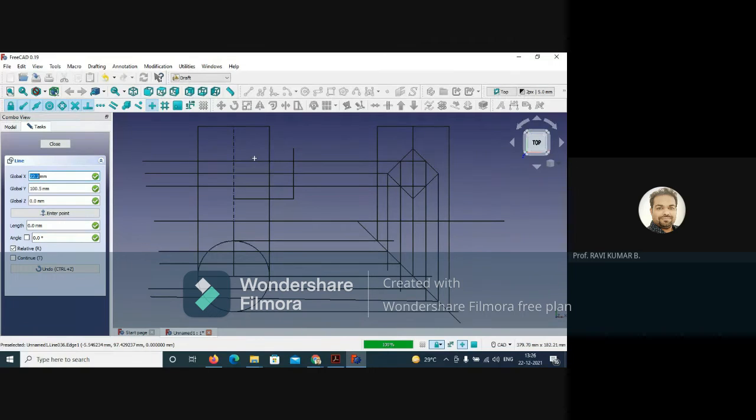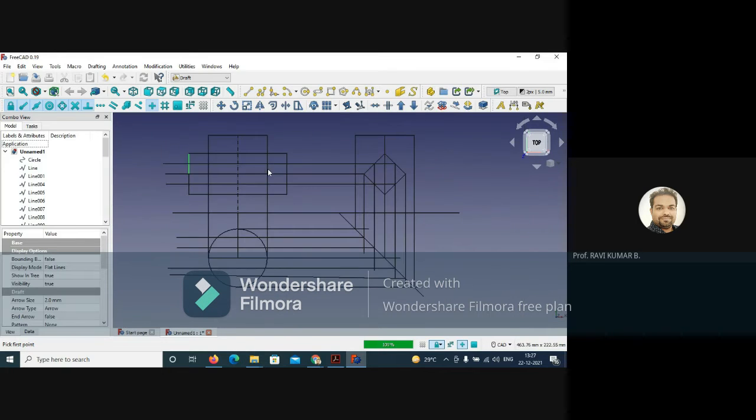So take the line command again. Go with continue, and you can mention here minus 100. Then you can click over this line, and you can exactly draw. This is around 21.21. I think so. It is double of that. No problem. You can continue from here. You can take this side as minus 50. Then you can click the final point, and you can connect. So this is over, right? So you can close this. So this part is over here.